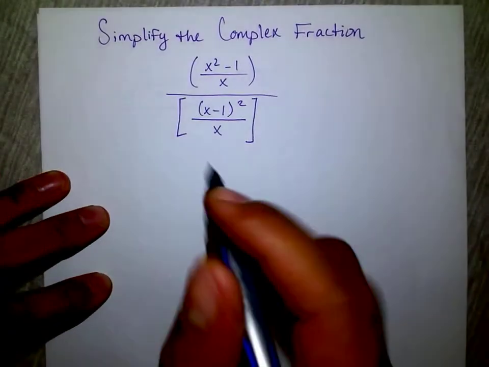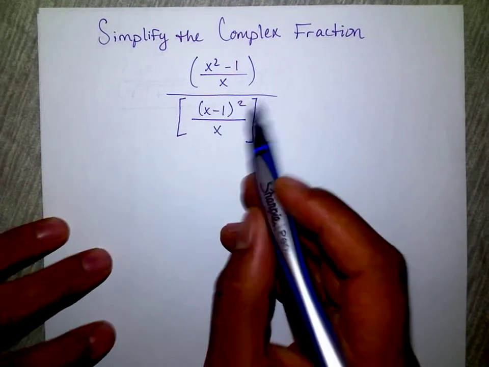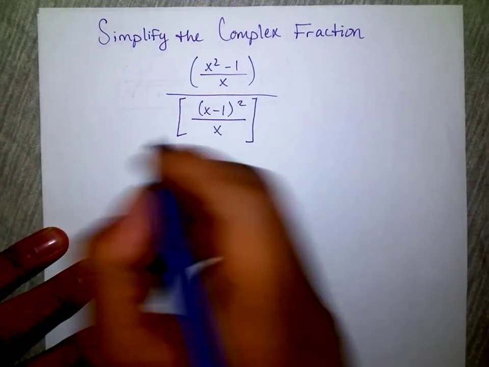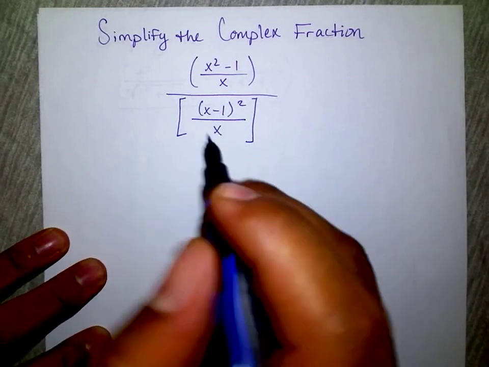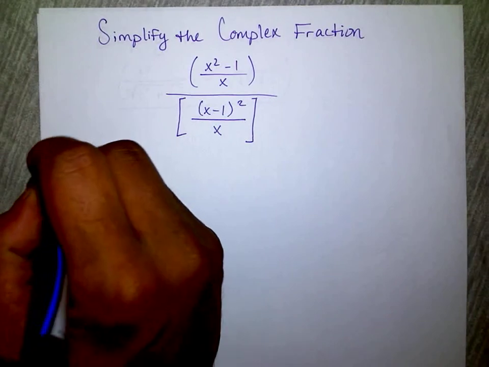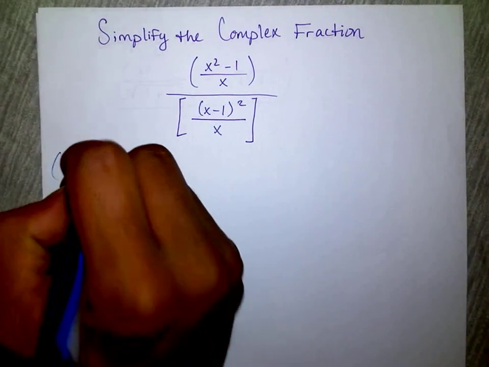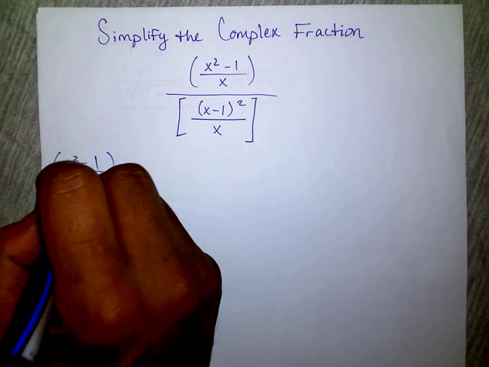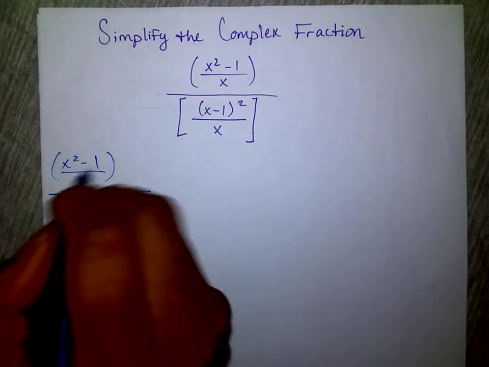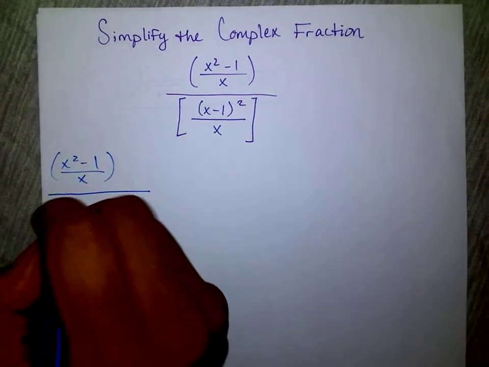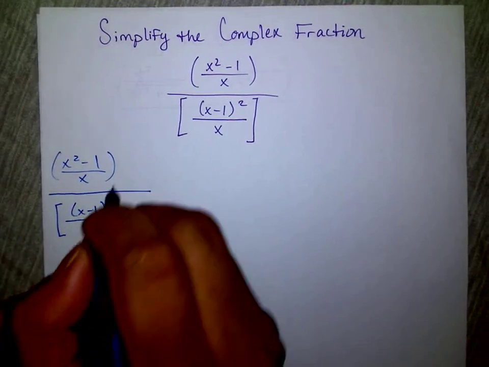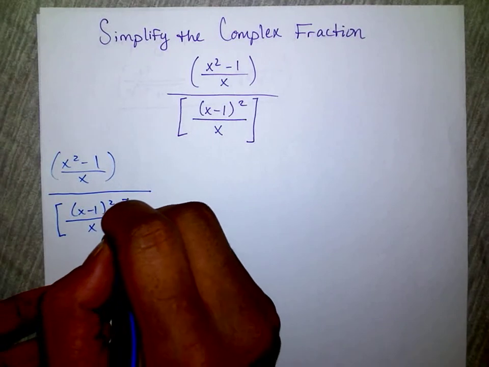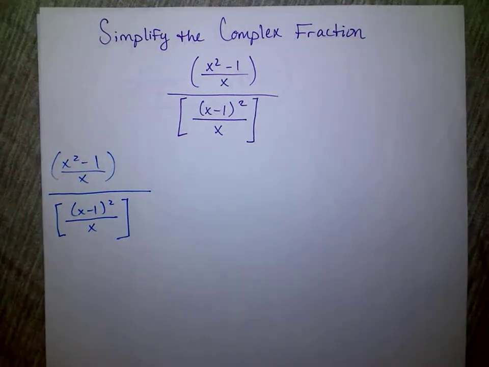Remember, complex fractions look complex, but they're just there to scare us, okay? So once again, we want to go ahead and try to rationalize this right here. Now, I'm going to rewrite it first. So I got x squared minus 1 over x, and all of that's over this ugly looking denominator, x minus 1 squared over x, all of that like that. Now, what we're going to end up doing here